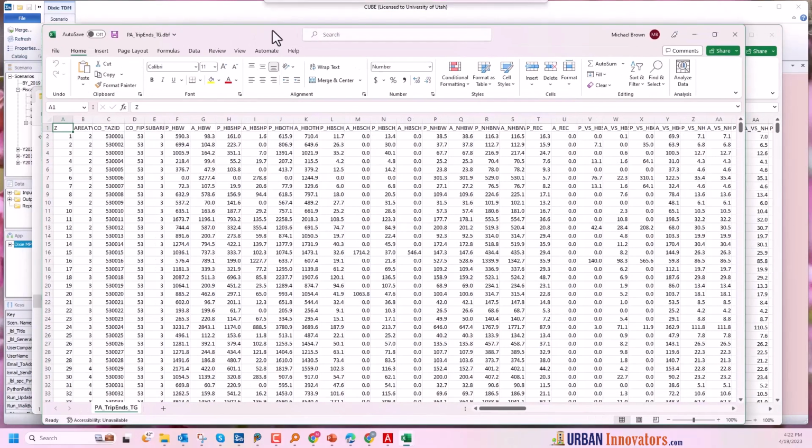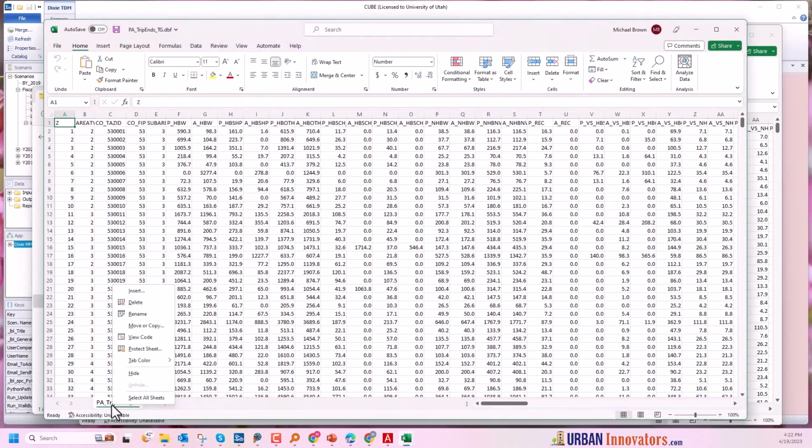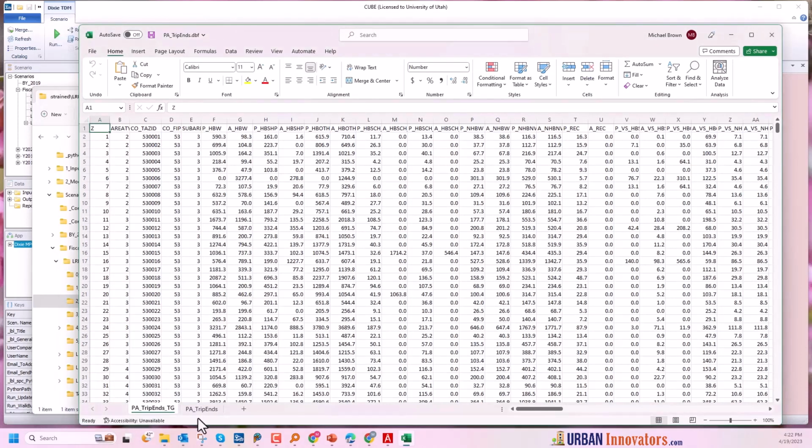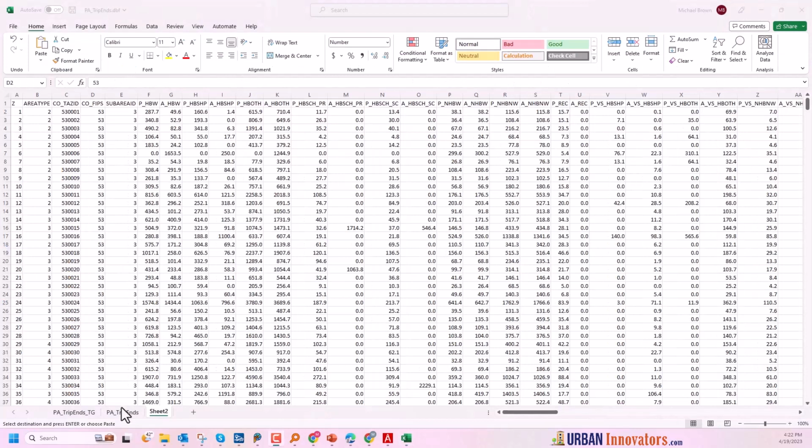Okay, so that's good. So now I'm going to right click, move or copy to the other file, and now I've got both of them in here and I can compare them. So I'm going to set up a comparison. Okay, so now I've set up a compare, and the first thing I'm going to do is delete this and say equals